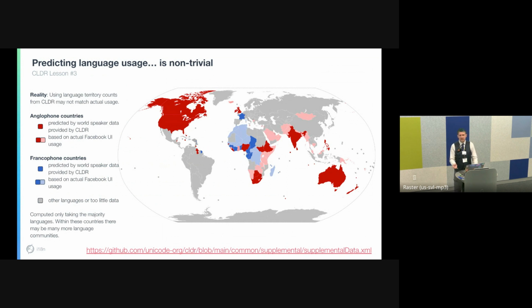And at the other side of the Arabic world, we have Morocco and Algeria, where French is more popular, even when we support Arabic. And so it makes it harder to prioritize the right languages, and the CLDR data is not necessarily giving us the information that predicts what internet usage will be. Another thing you see here is that India is the biggest English-speaking country in the world.